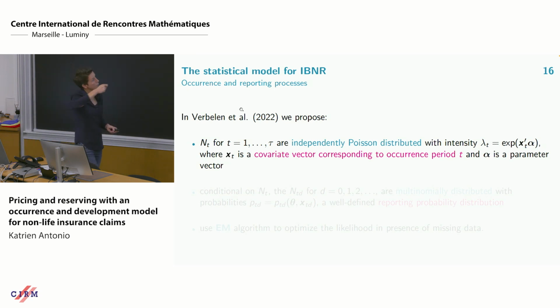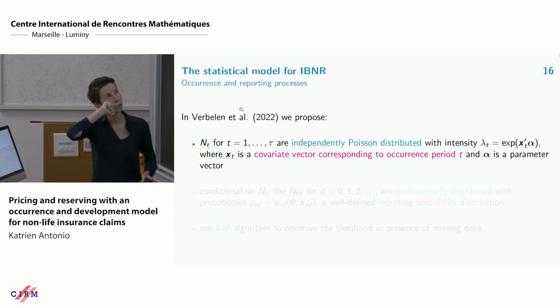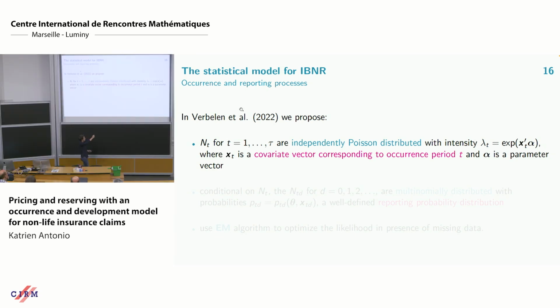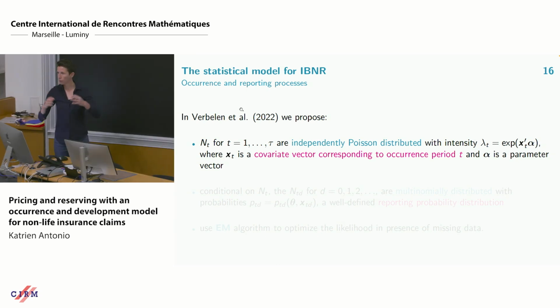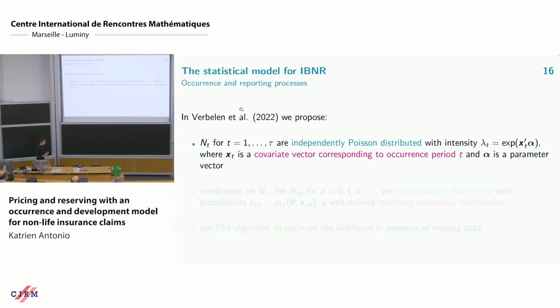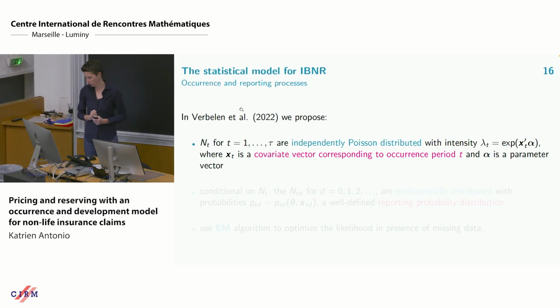And we say, okay, we're going to model that Nt, the number of claims that occurred on day t or time period t, with a certain intensity where we can put in some covariates, but these covariates correspond to the occurrence period that we're considering. So we want to know if it's a summer period or a winter period, if it's claims occurring on a Sunday or something. We can only use information attached to the occurrence period t that we are considering. And that can be a day or it can be a week or something, depending on your time scale.